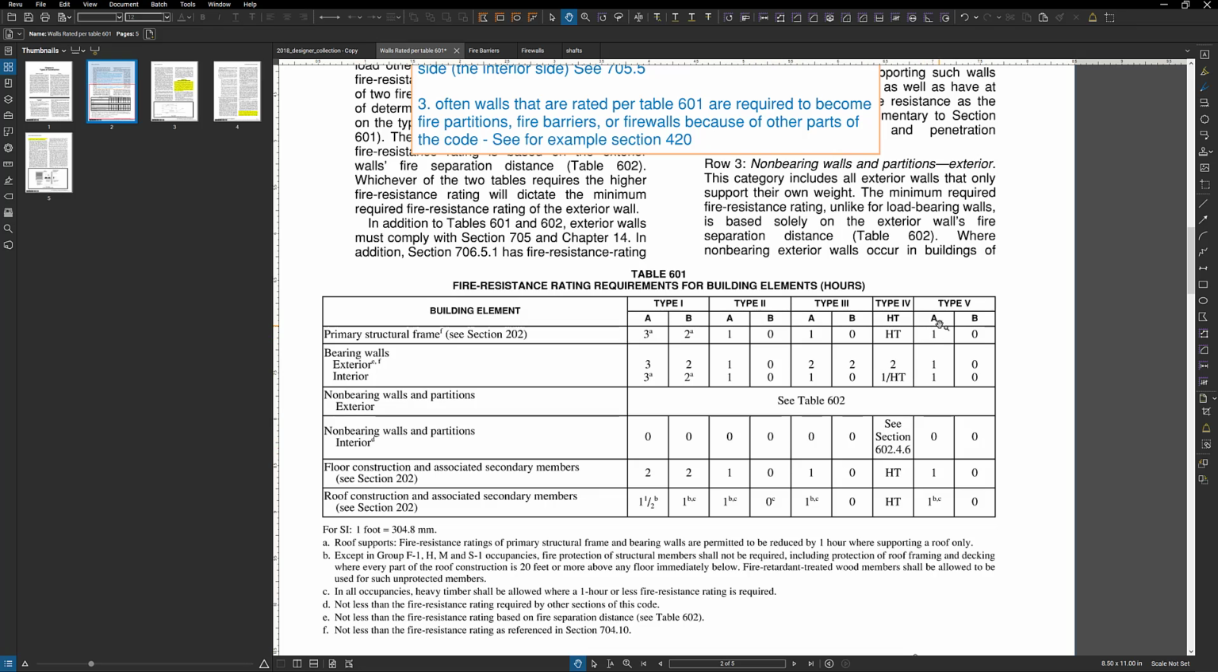Okay, so let's say we're doing the typical 3-story R2 building. That's almost certainly going to mean we're in construction type 5A, which means my primary structural frame, bearing walls, again, you get bumped to other sections of the table, floors and roofs all end up needing to be rated as 1 hour. Okay,